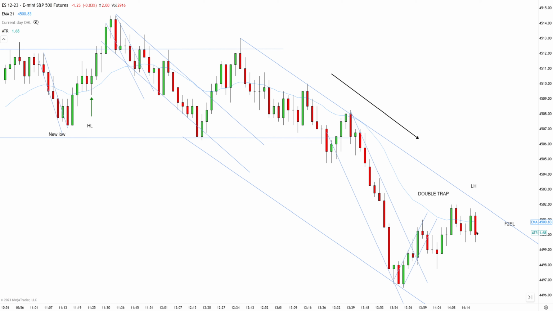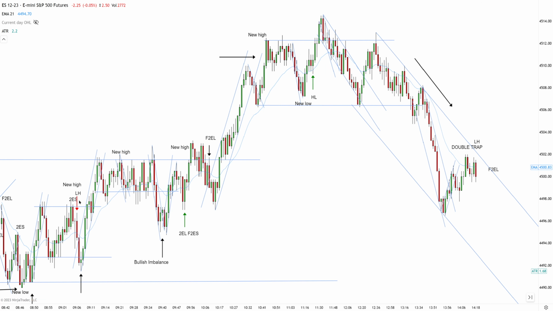We can wait for a follow-up bar and treat this as a double bar entry, meaning we wait for a break below this bearish bar and drop our limit order a couple of ticks back. Let's say I like placing it at the low of the first bullish bar. However, your stop loss still needs to go one tick above the initial bullish bar. So this is a great lower high confirmation setup, a high probability setup, because now it's getting clear that the structure